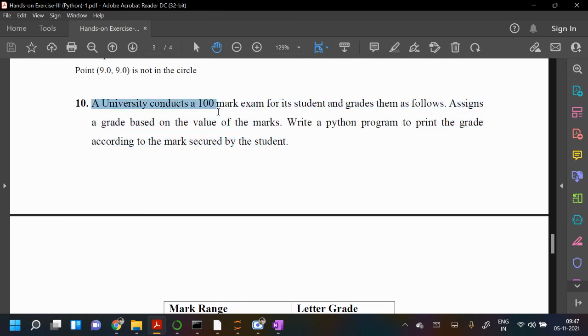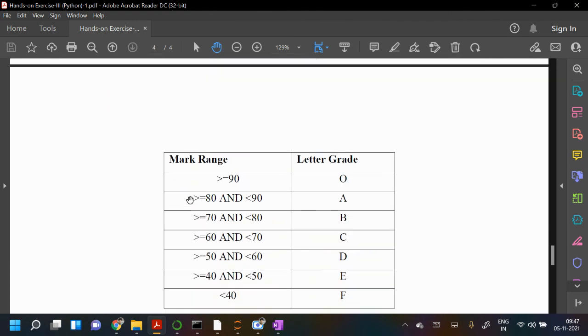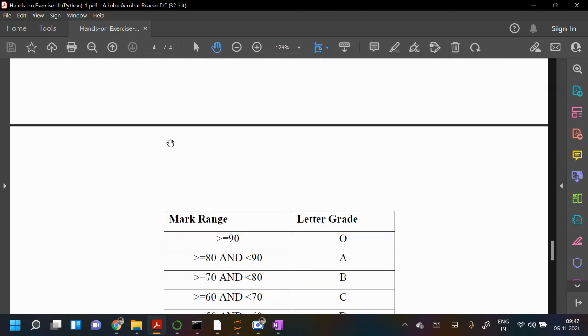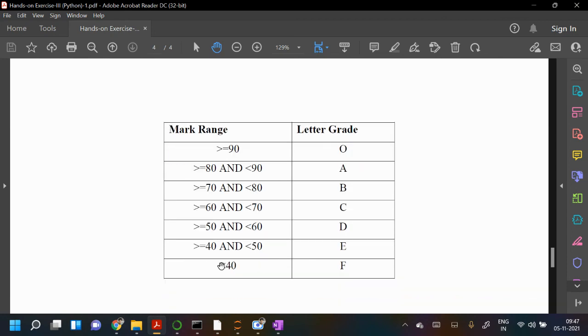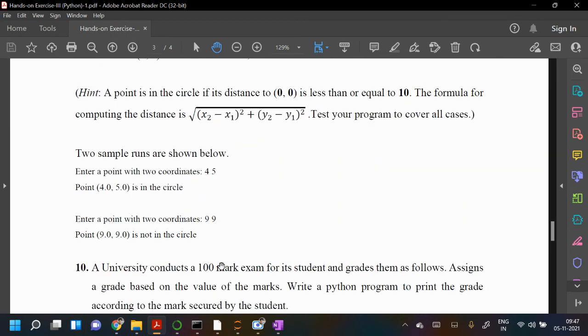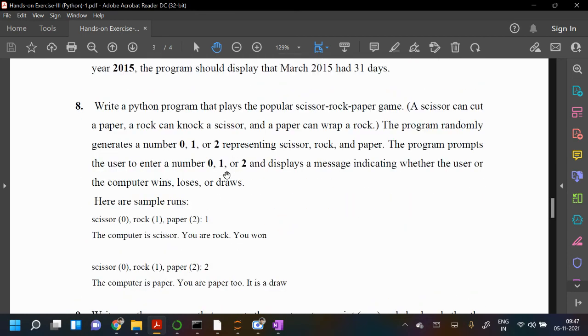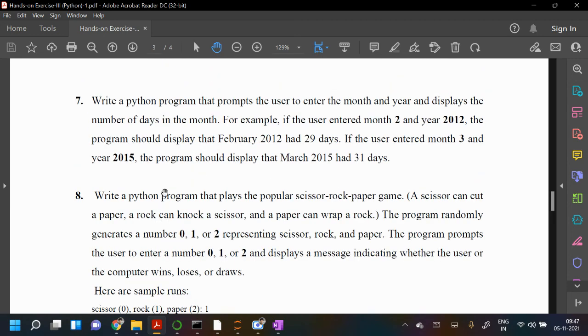You can use if else conditions directly. This is easy. The tenth one and the ninth one are also easy. Just write this using import math, and for the random function you have to use import random. This we have already completed.